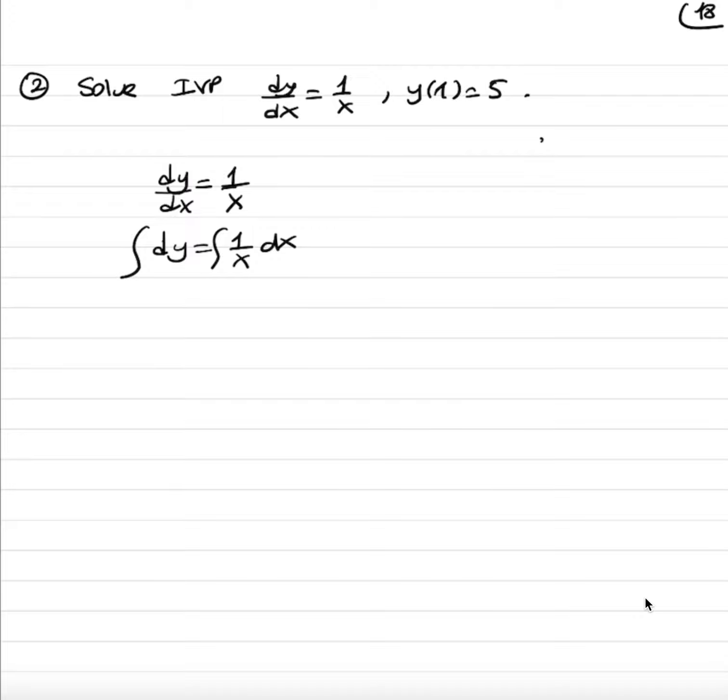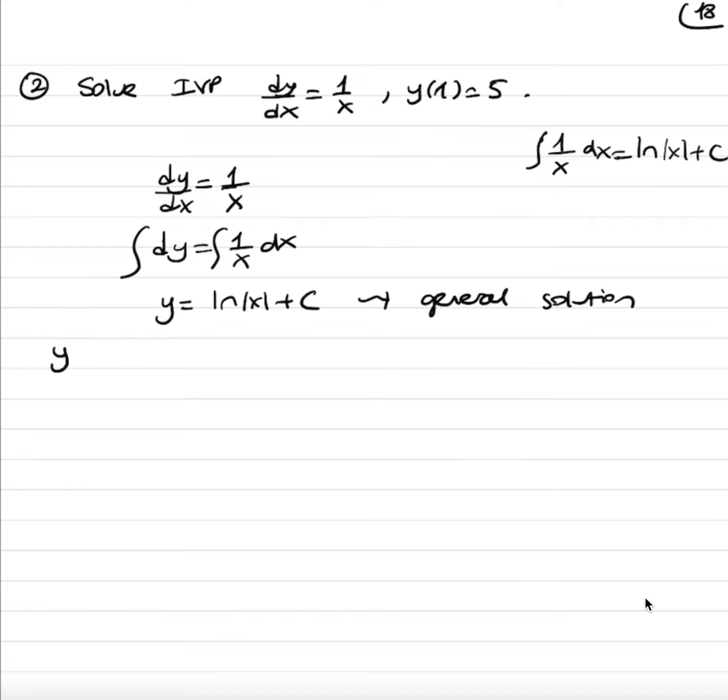recall what is the integral of 1 over x dx. We know that it is ln absolute value of x plus c, right? Because we have to take the absolute value. The ln x function is not defined for negative values, so the inside of the ln should always be positive. So we have y is equal to ln absolute value of x plus c. This is the general solution,